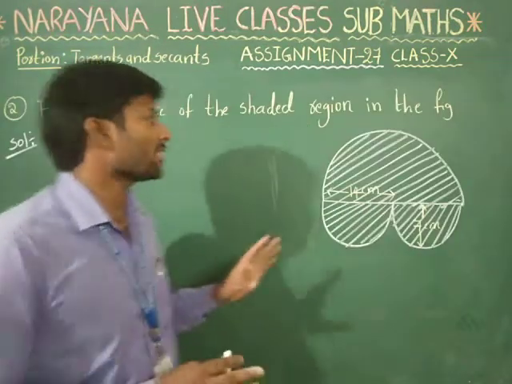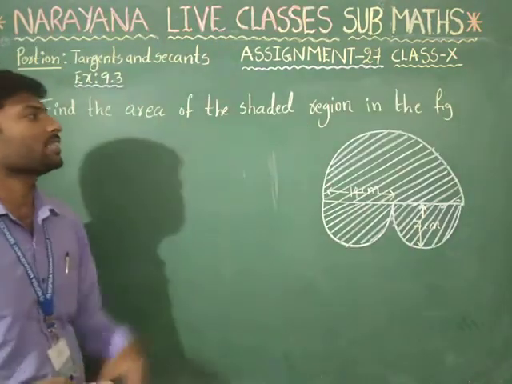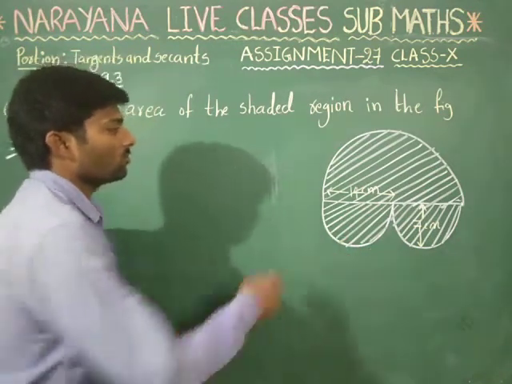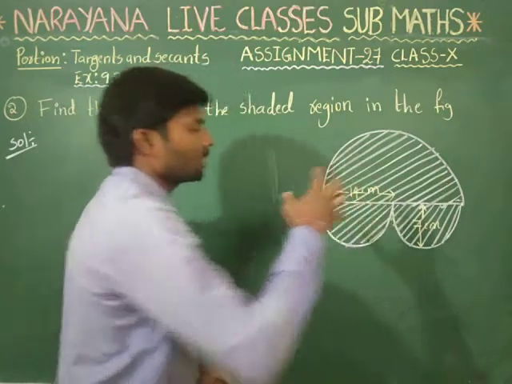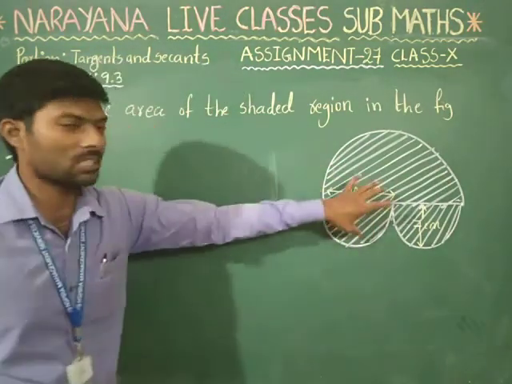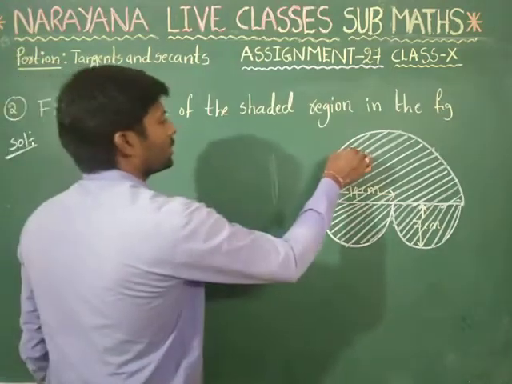So let's go for the second question. Find the area of the shaded region in the given figure. So this is the relevant figure. Now we need to find the total area of the shaded part. First of all, in order to find the area of this shaded part, I can take this as the first part,